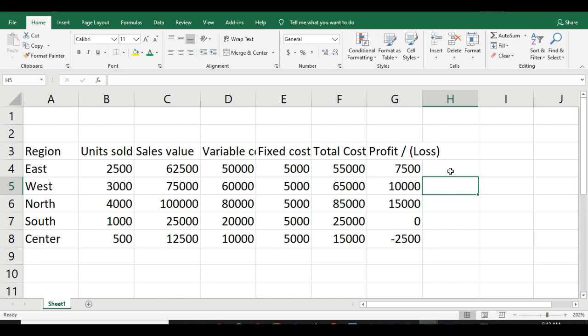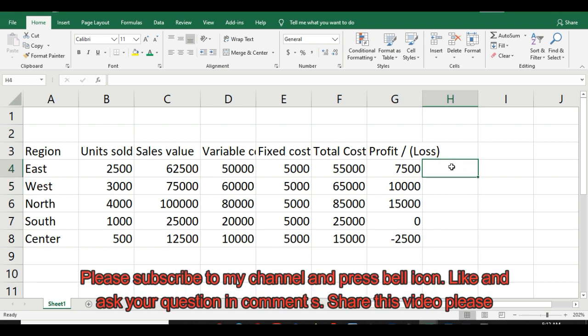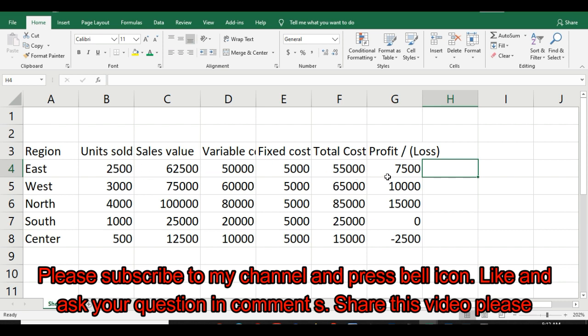So today I'm going to tell you about some paste options. One way of doing paste is simply Control C and Control V, or you can go to copy here and then you paste here. So everything is pasted, but see the value is 7,500 and 500, and here 42,500. So it actually copies each and everything, including formulas and formats. I'm going to tell you how you can resolve this issue.